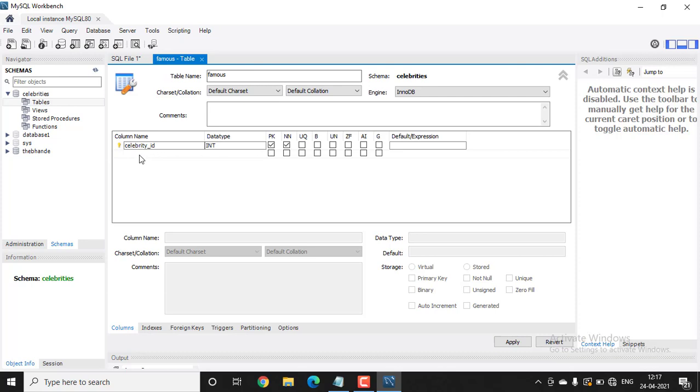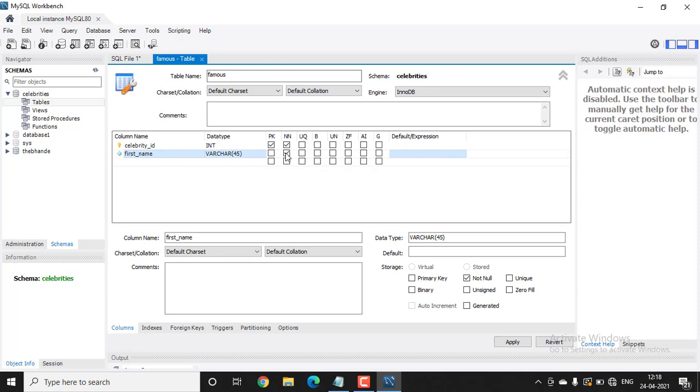And then click on the next column, type the name of the column. First name, it has automatically shown the data type varchar, and I'll click on not null because I think first name is necessary for my table. If you don't want to choose this option, there's no need to choose it.